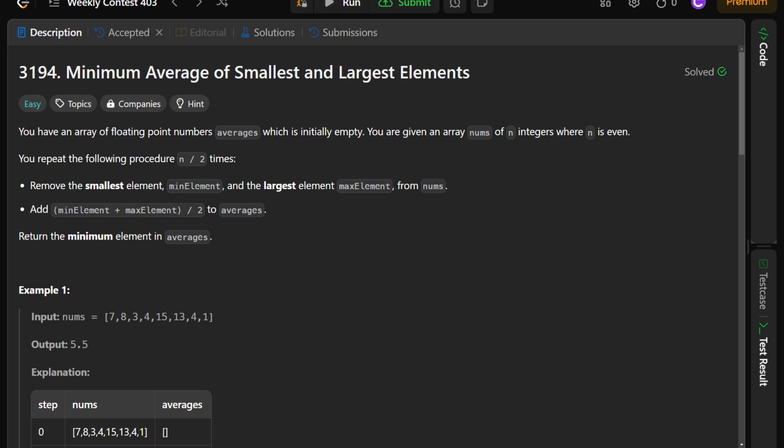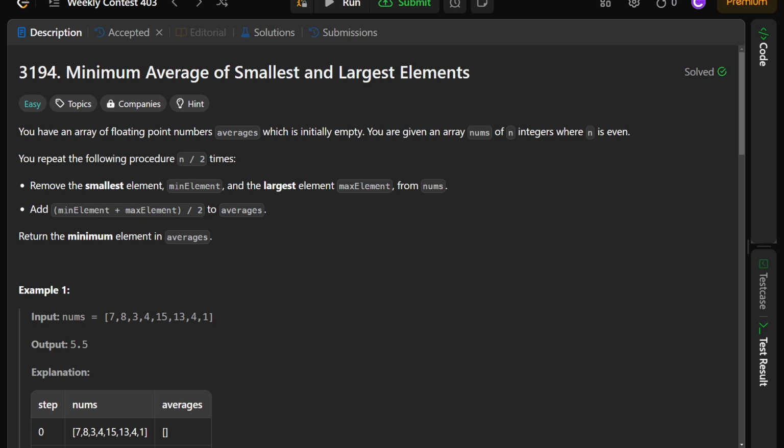So the problem states you're given an array of integers called nums, and you want to repeatedly take the minimum element and then the maximum element, remove those from the list, add them together, divide by 2, so you calculate the average, throw that in a list called averages, and you repeatedly do this until you have no more elements. You're guaranteed that you've got an even number of elements, and I think the maximum value of any of these integers is going to be 50, and you're then asked what is the minimum average you're going to come across. So pretty straightforward problem. We're given this test case